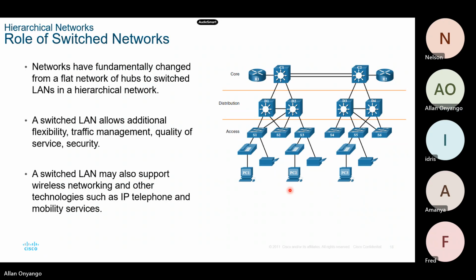these switches play some very critical role in a system, and that's why we mostly find the switches a very, very crucial part in our network. In no network will you ever go and find them not having switches. And that's why today we now go to the very bottom and look at some of the most important roles that switches in the network will serve. The first one, there is additional flexibility